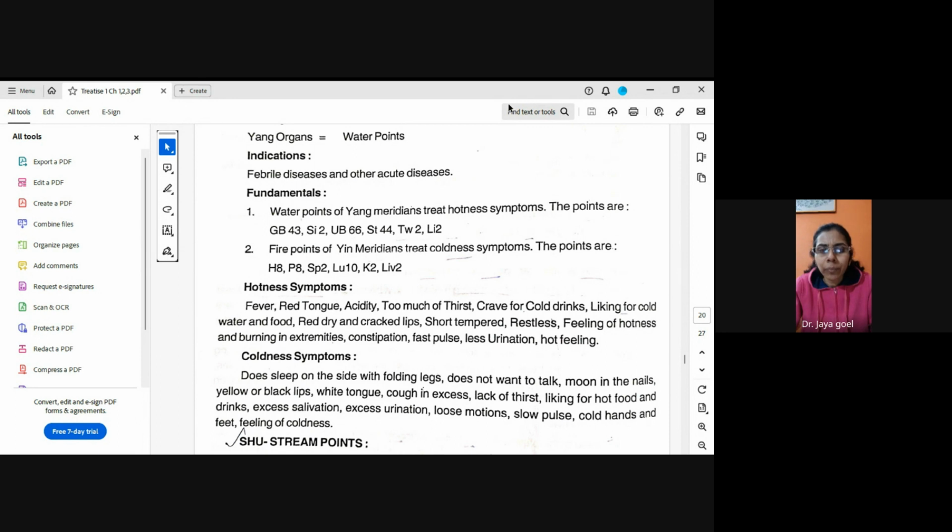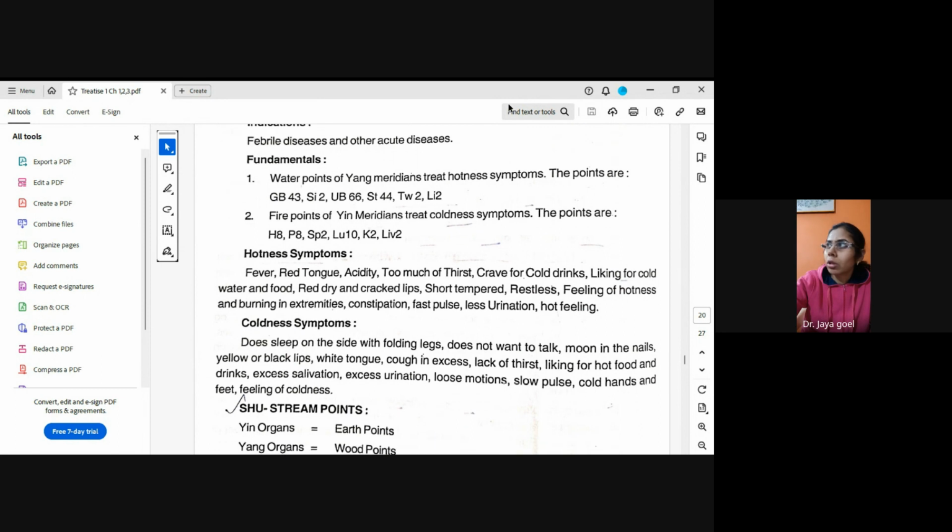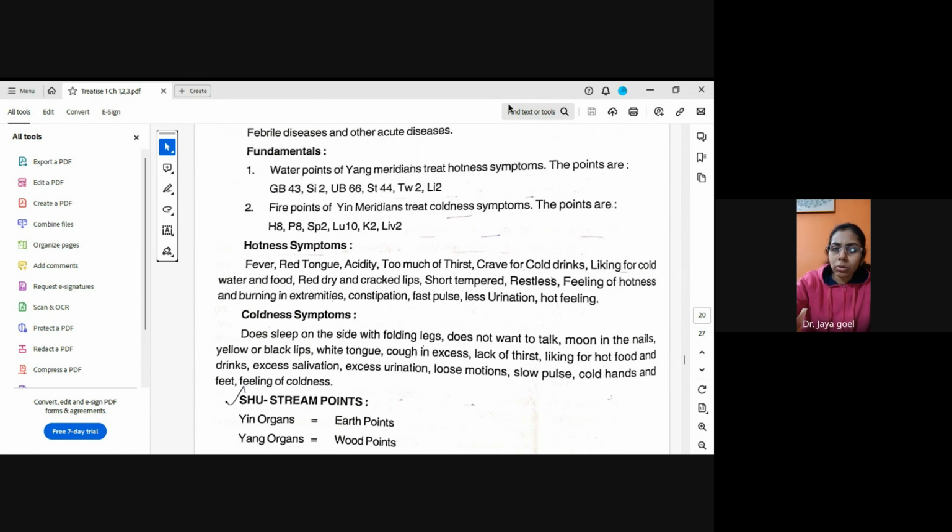Constipation, fast pulse, less urination, and hot feeling. These are the conditions. And for the hot coldness condition, symptoms,